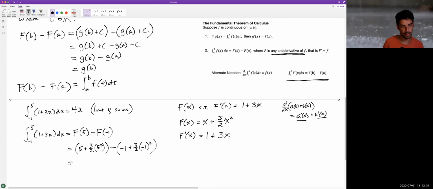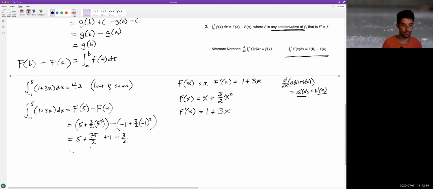What are we going to get? We'll have 5 plus, let's see, 3 times 25 gives me 75/2. I'll get a +1. The -1 squared is a +1, and then I distribute the negative to the 3/2. I get -3/2. Let's just add together the whole numbers. I get a 6. 75 minus 3 gives me 72/2, which is 36, and 6 plus 36 is 42,